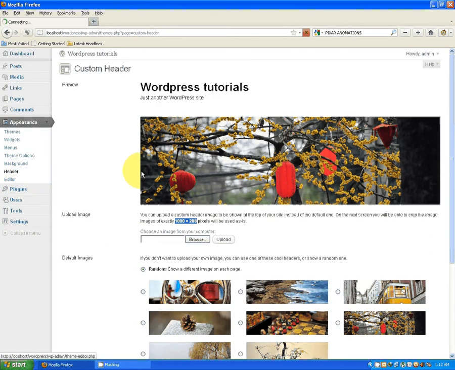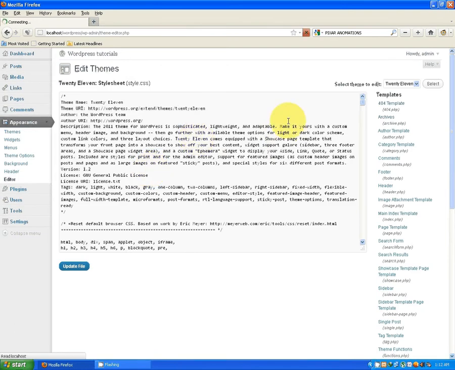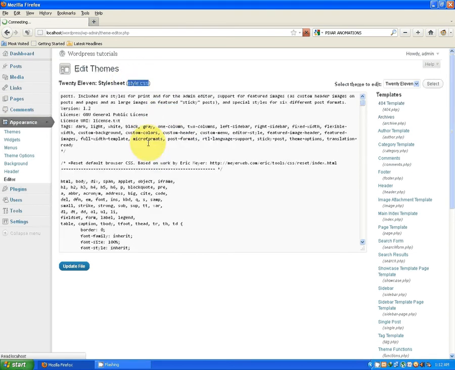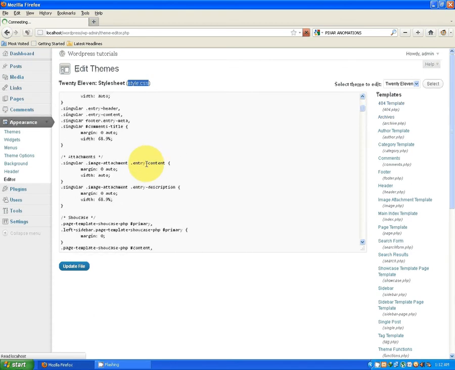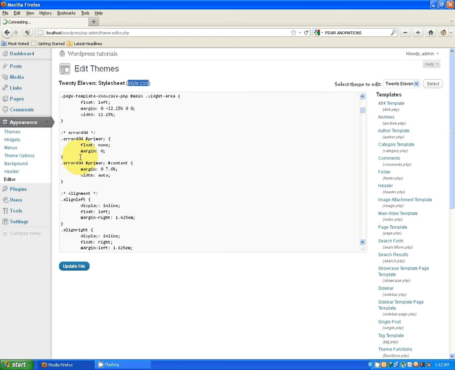And in the editor tab we can edit the theme through WordPress only. Right now it is style.css, so we can configure the style.css directly in the WordPress dashboard. So it's all about the themes appearance options.